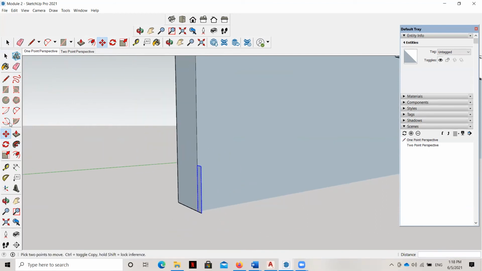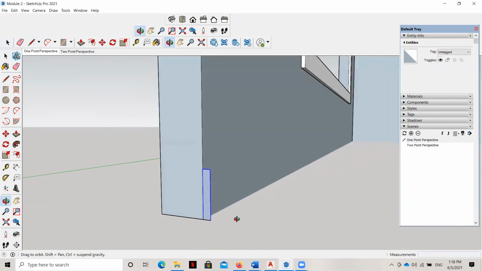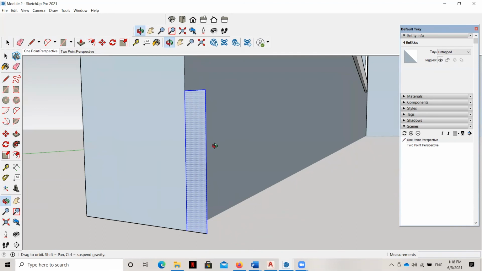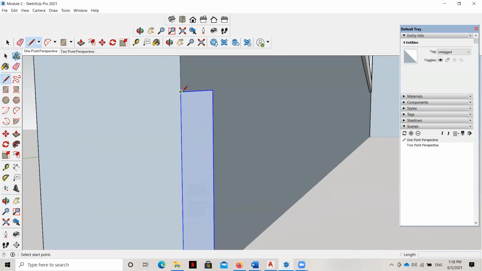And then now I can orbit and draw the profile for that molding. Now it's 1 inch wide because I want to make sure that it dives into the casing of the archway and doesn't overspill. So all I'm doing is coming down, back, down.